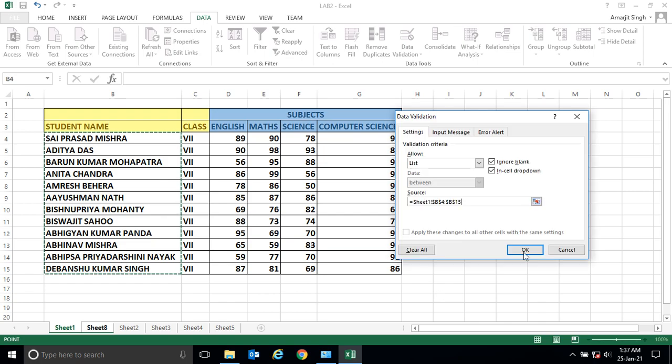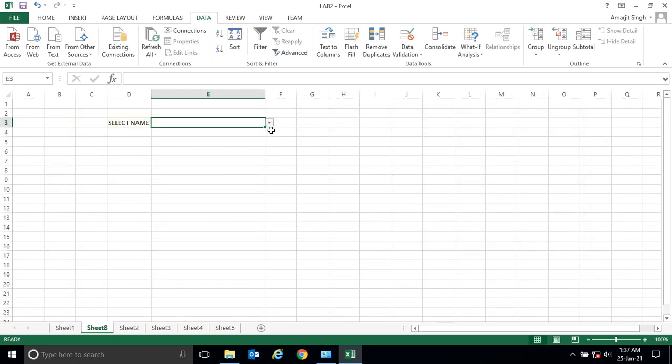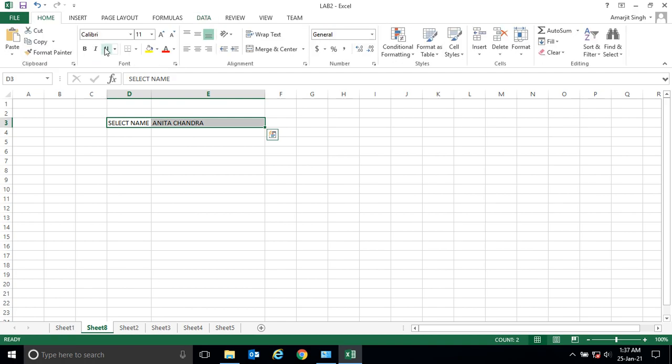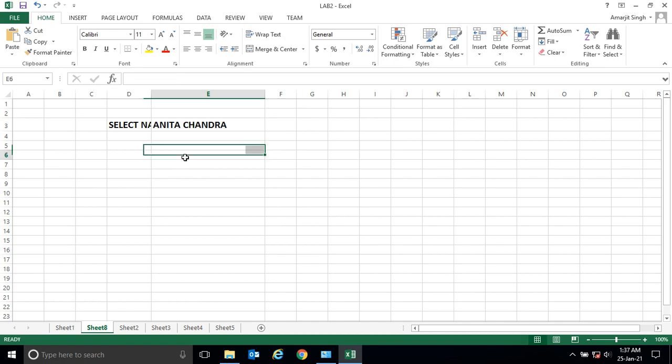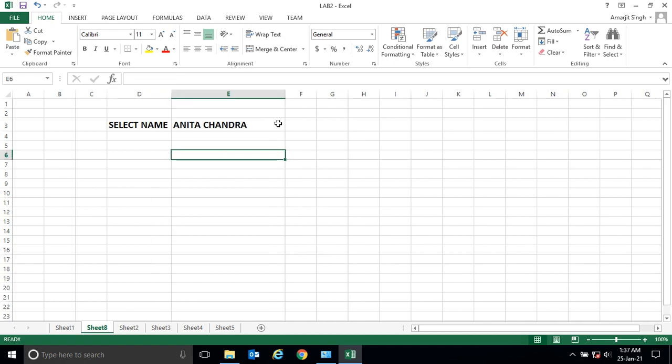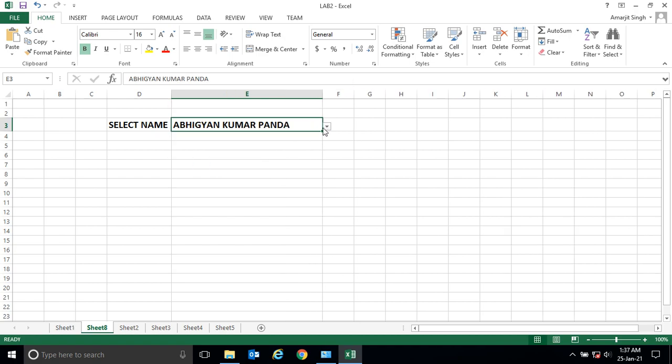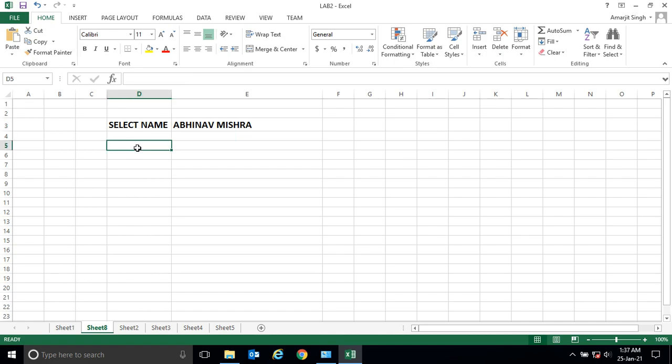Now click OK, and you see in Sheet8 all the names of Sheet1 are appearing. So you see how easily you can get it.